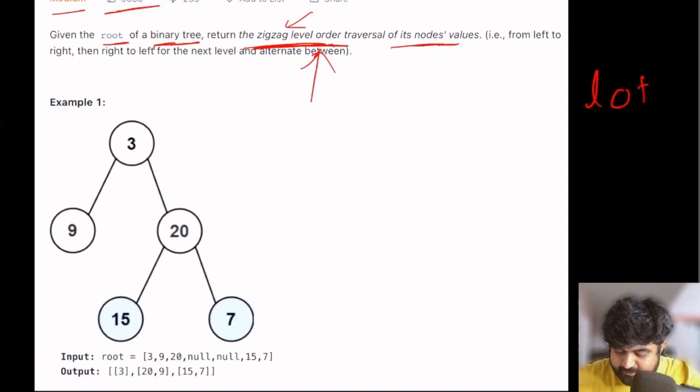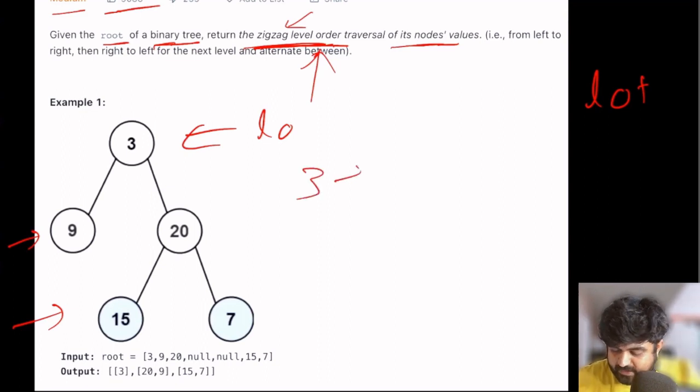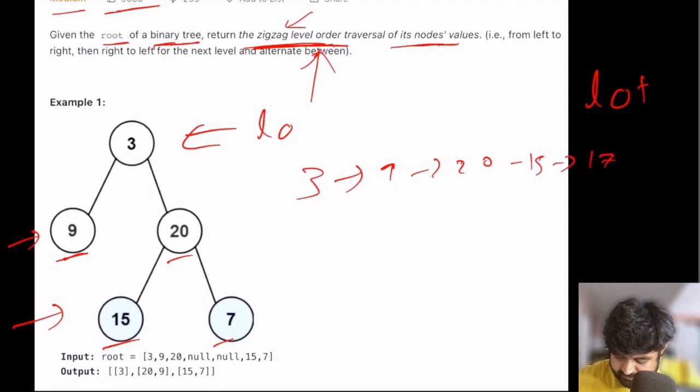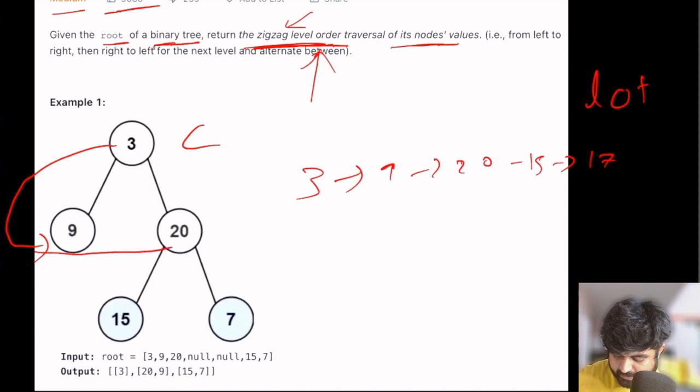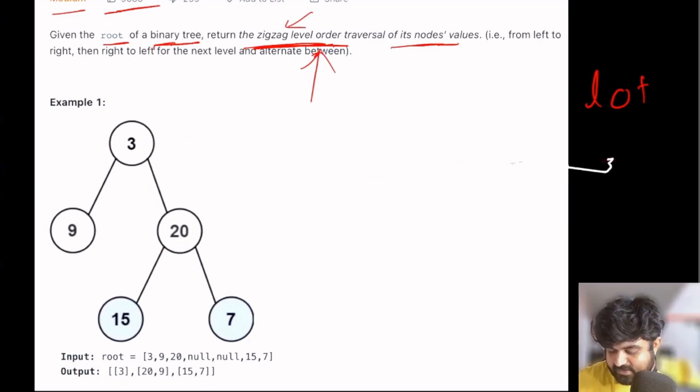Level order traversal simply means that first we go through the first level, that is level 0, then level 1, then level 2. So in the level order traversal, first we go through value number 3, then the second level, that is values 9 and 20, and then the third level, that is 15 and 7. But in this case the level order traversal was pretty simple, we were going from left to right at every level. Here we are making our lives easier and going in a zigzag fashion, because that is the current trend.